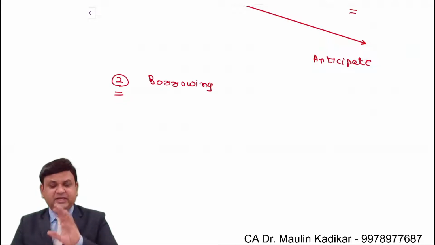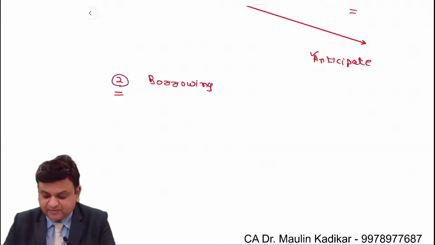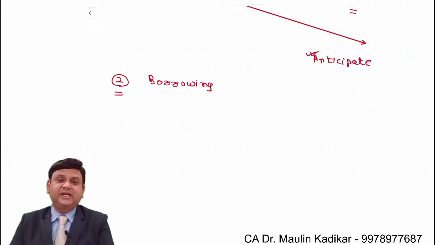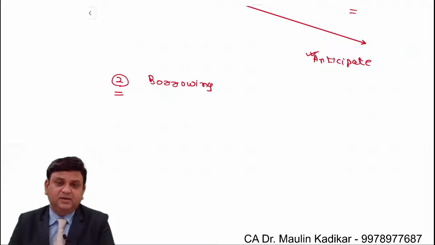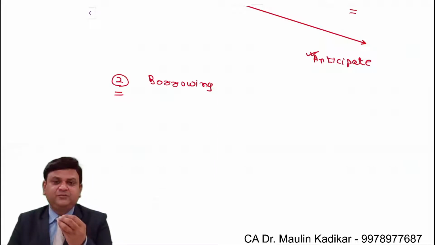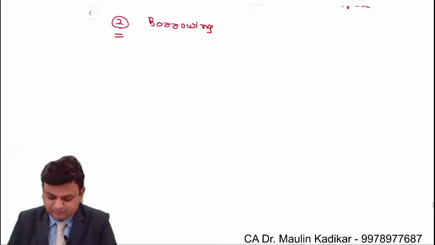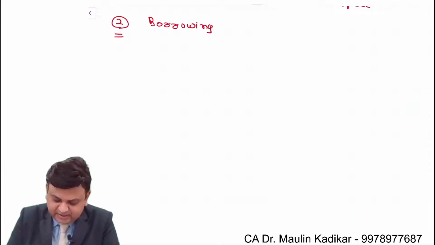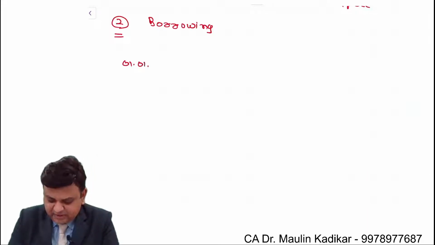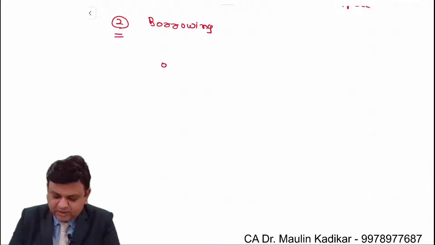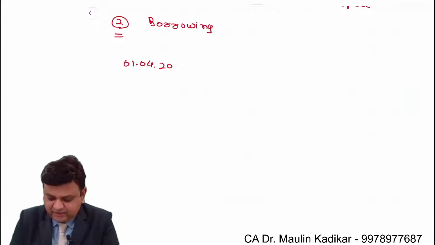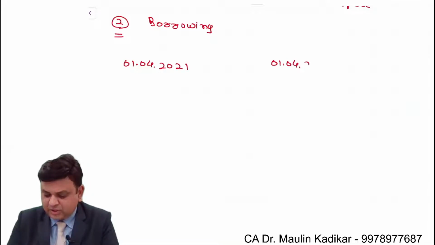What we are going to do is make an anticipation about the rate of interest which is likely to prevail after a period of time for a specific period. I give you a simple example like this. Today's date is, let us say, 1st of April 2021. On 1st of April 2022,